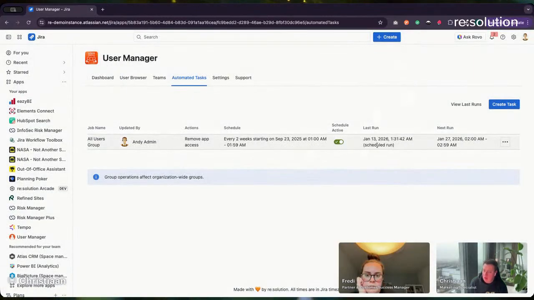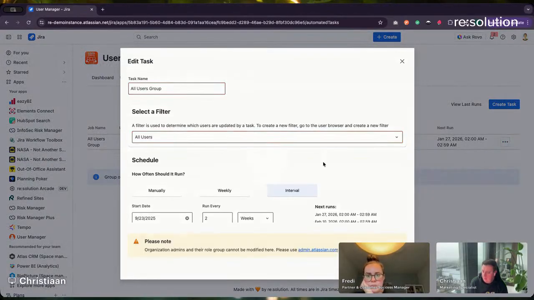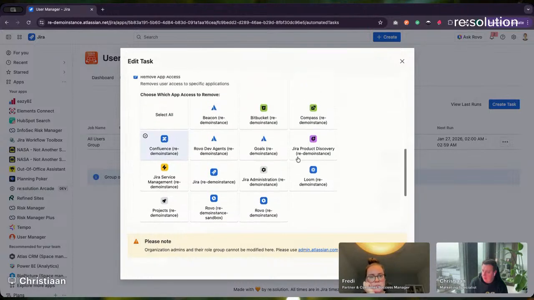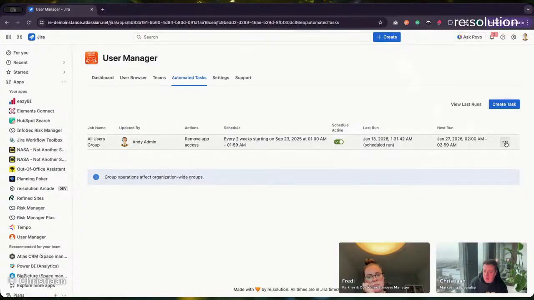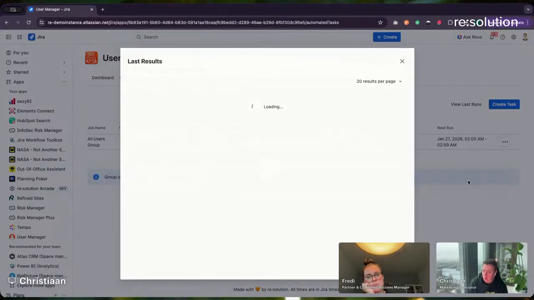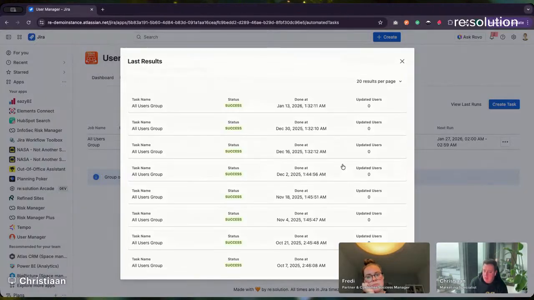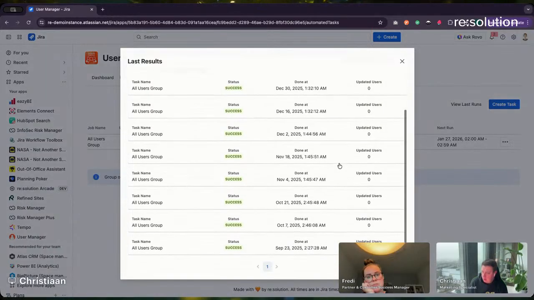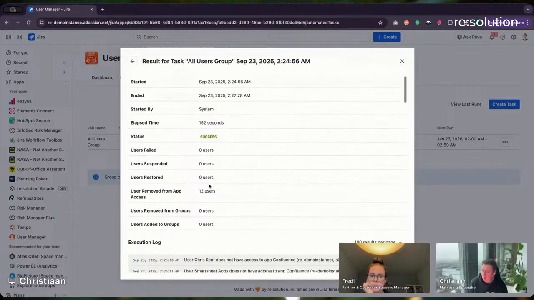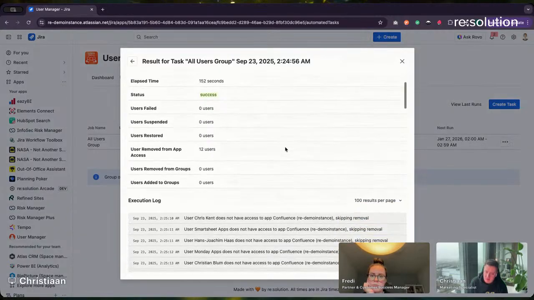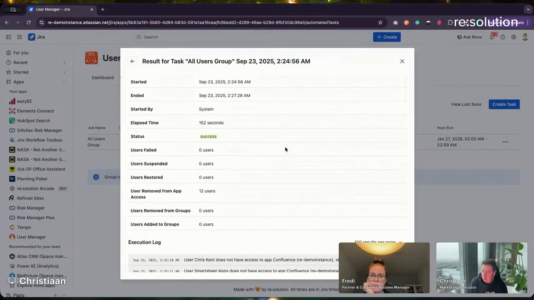But what I'll do is we do have another one that is here to view. We can see that that's also been completely set up to run on the specific times. And what we have here is now we can see the show results. The results just show us every time that it ran, what was executed, what happened, who was removed, how many people were removed. It gives you a complete audit that you can have a quick glimpse and also feedback into your reporting, especially if you have to do,